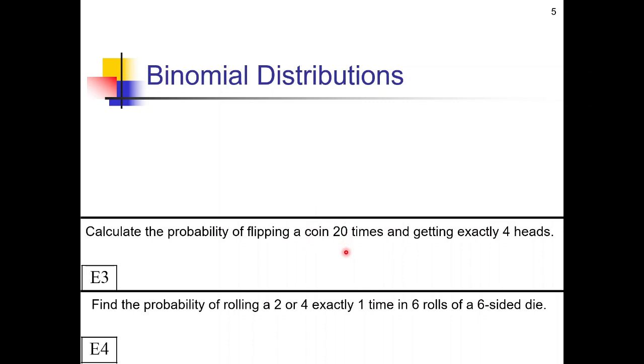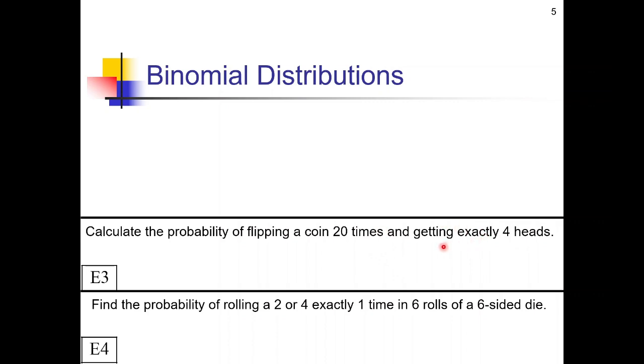Even that wouldn't quite be good enough, though, because that would just give us the probability of getting the 4 heads in the beginning and the 16 tails right after. They'd be in a row. But what if one of our heads comes in the beginning and the other 3 come at the end, right? And what about all the other possible combinations of 4 heads and 16 tails that we have to take into